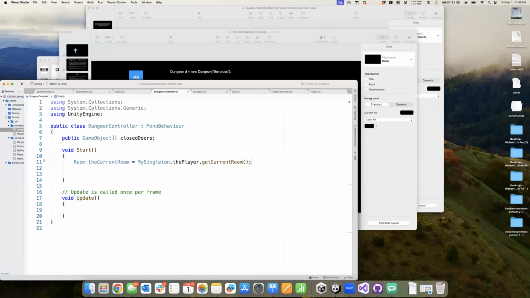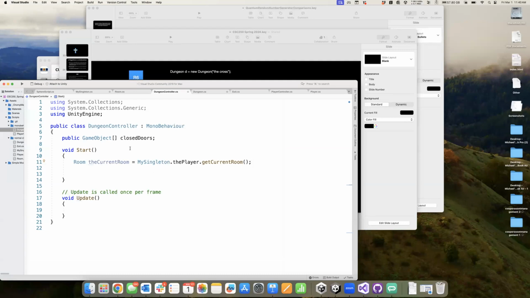All right. So when our dungeon controller first launches, which happens every single time we create our scene, we're going to go ahead and grab the current room we're in and ask the player to get that current room that player's in. This then allows us to set up the appropriate exits